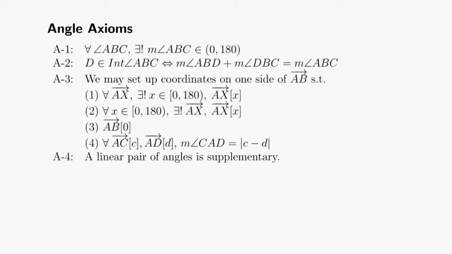All right, let's look at the angle axioms. First one, A1. It says that for all angles A, B, C, there exists a unique measure called measure of angle ABC between 0 and 180. So this is basically telling you about the existence and the uniqueness